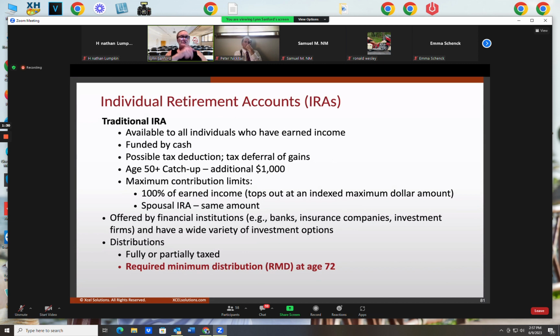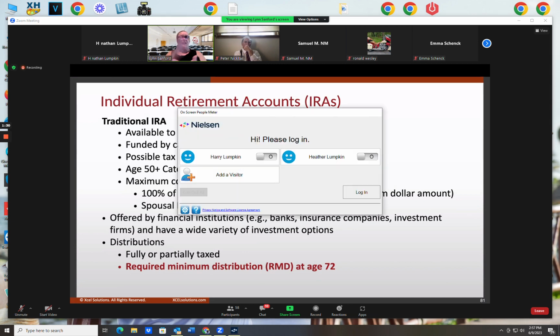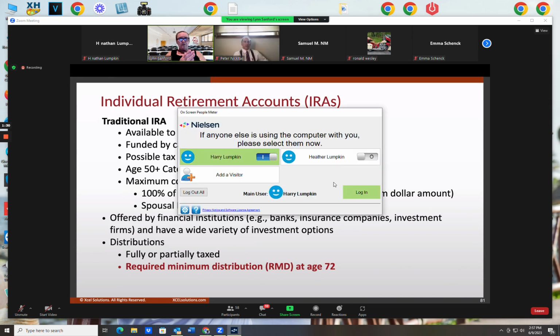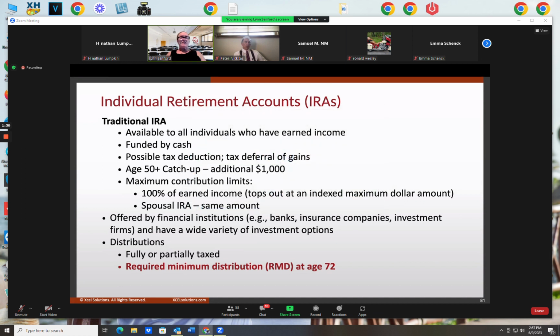That stock certificate has to be sold for a certain price and closed and settled. And then that money is deposited into your checking account, and you can write out a check for your contribution to your traditional IRA account. Traditional IRA accounts have to be funded by cash or checks. They can never be funded by stock certificates.